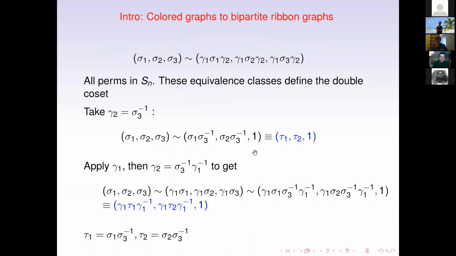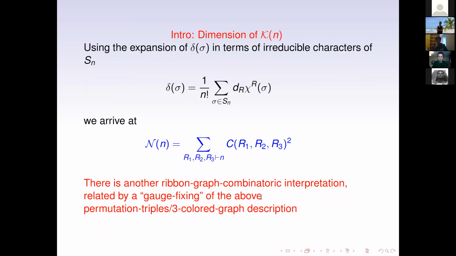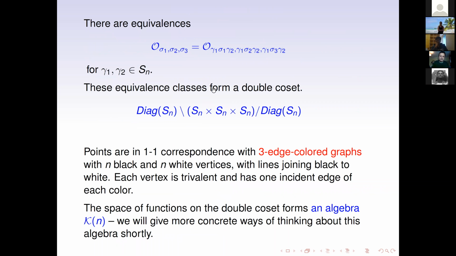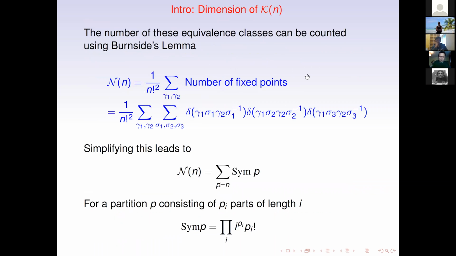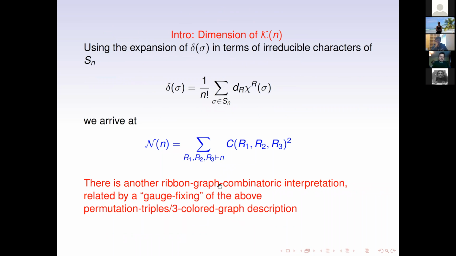Now, just to make it a little bit more familiar to large n matrix theory, these triples of permutations actually have an even nicer description, which is more familiar from large n gauge theory. There's another combinatoric description which comes from a kind of gauge fixing. So gamma 1 and gamma 2 can be viewed as gauge symmetries acting on triples of permutations. And there is a gauge fixing which can be done,